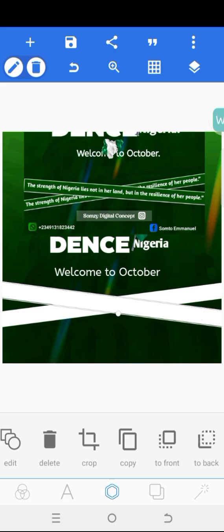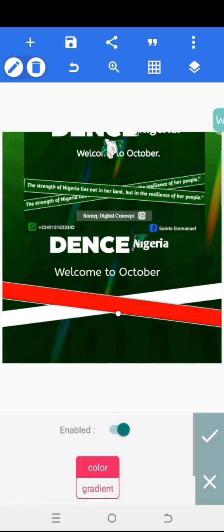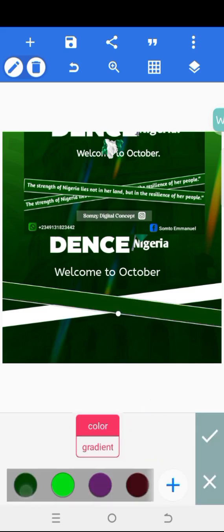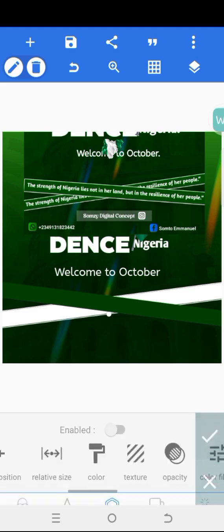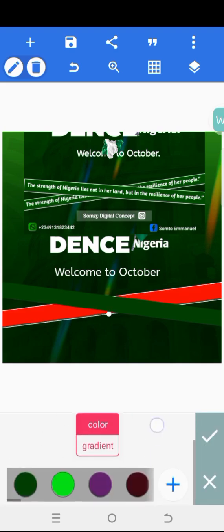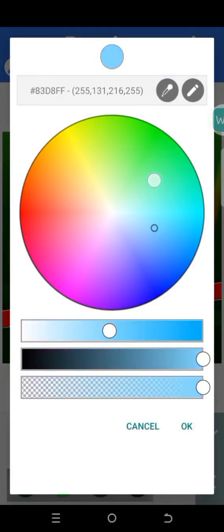So after doing this, the next thing I'm going to do right now is highlight the shapes I brought in. Then I'll go to my color and give it a darker green color. This was the color I used. You can as well pick the color from my own flyer, or you use your color wheel. You can use this with the help of that plus icon. Come here and pick your color wheel,